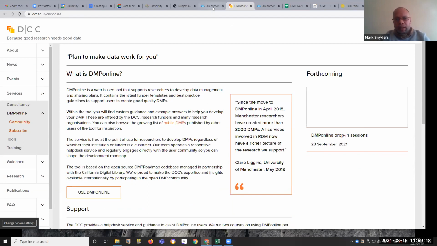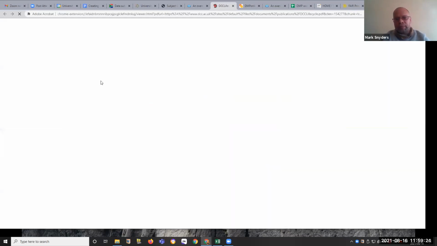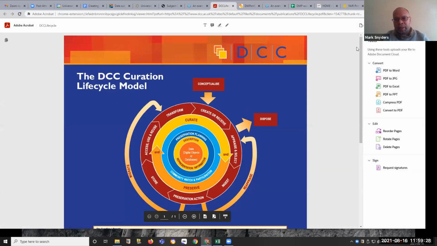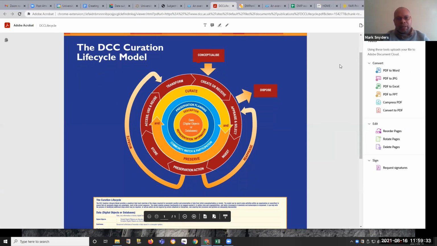Okay, let's just go back again. So the data curation lifecycle is the document that I mentioned earlier. It is a fairly complicated one. We won't go into details, but this is what the data curation lifecycle looks like. And it does follow the basic principles of collecting research data, analyzing it, making it available publicly, and disposing of it.